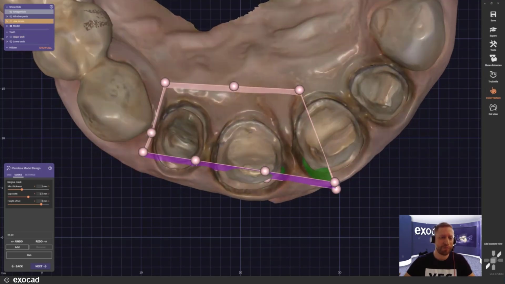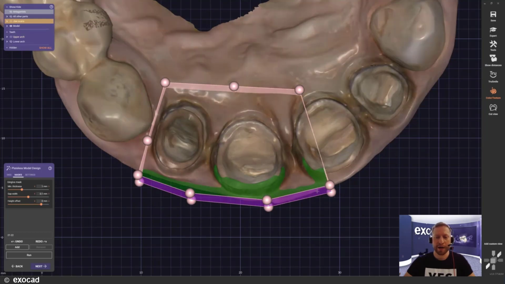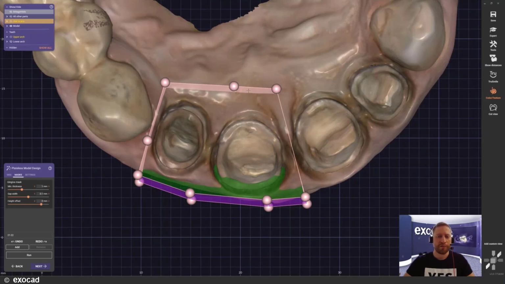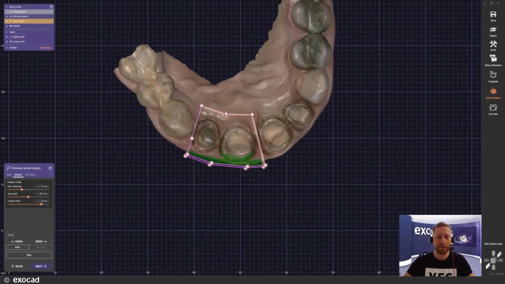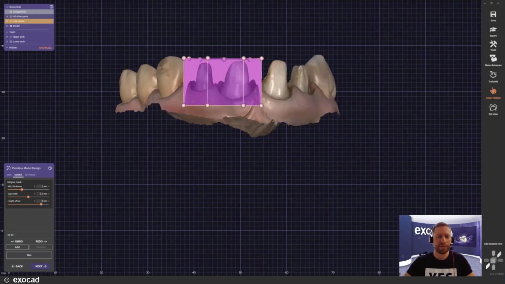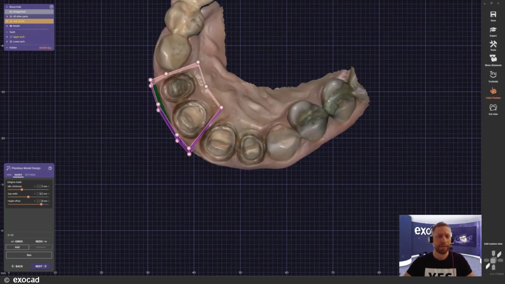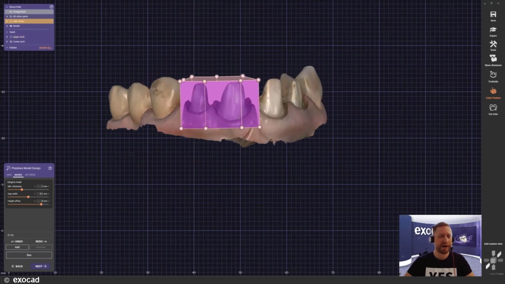And it's really up to me, my preference and my design. I just bring it into position and try to cover the entire area, and I'm going to have it ending in between the 2 front teeth. That looks nice for me. And I'm just looking, do I cover not enough ground? No. So I will extend it a little bit. Yes, and we will drag it down and make sure that it's a little bit more even because we want to do something nice here. A last swift look if we don't hurt any margin lines or so, and we're fine.